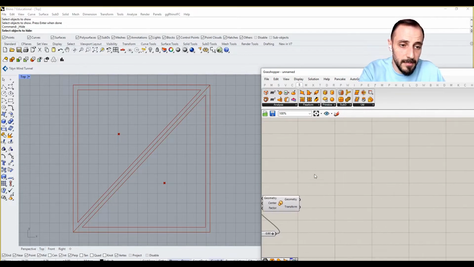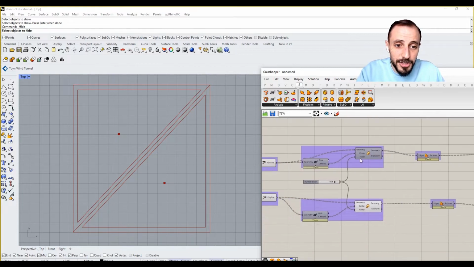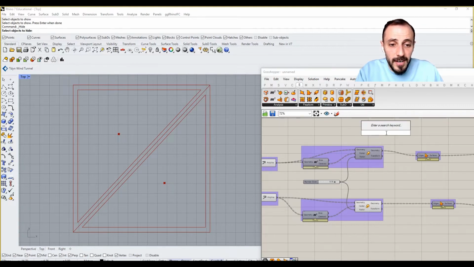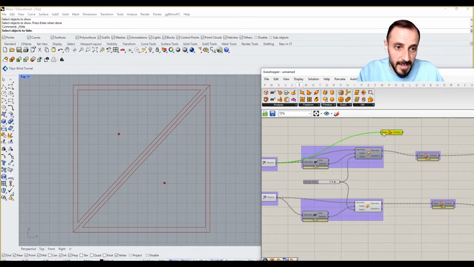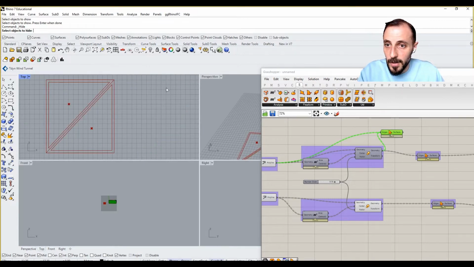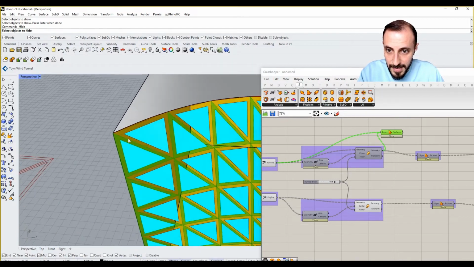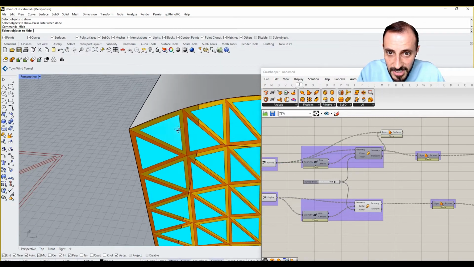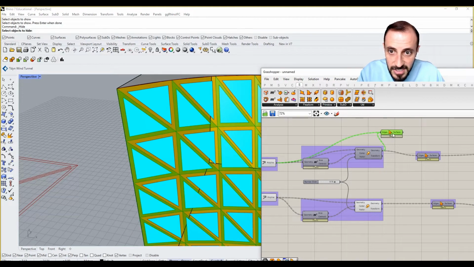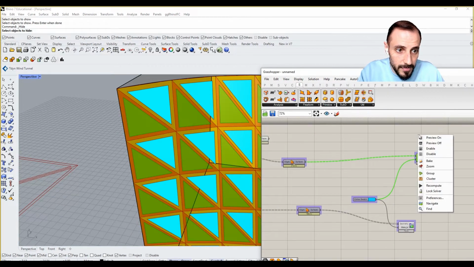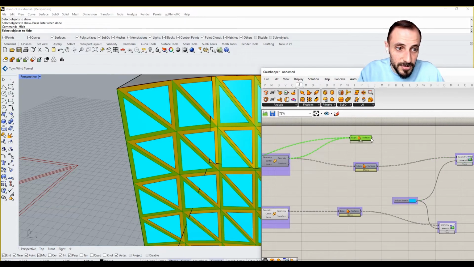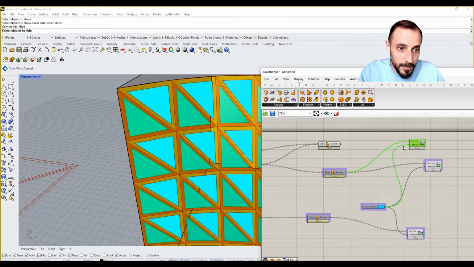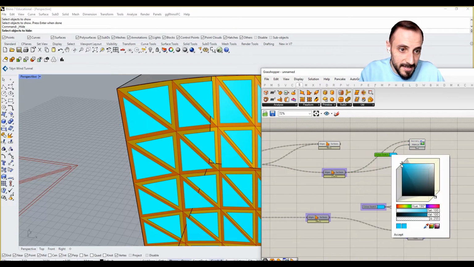So I'll be using the same logic over here, but I should be a bit careful with the data types. If I grab another boundary surface, connect this one and connect this one, let's see what we have in my perspective view. You see, nothing has changed, and I only created this one. If I preview this off, you'll see that the inside of it is empty. So I can also take this, put this over, connect this, make it black,